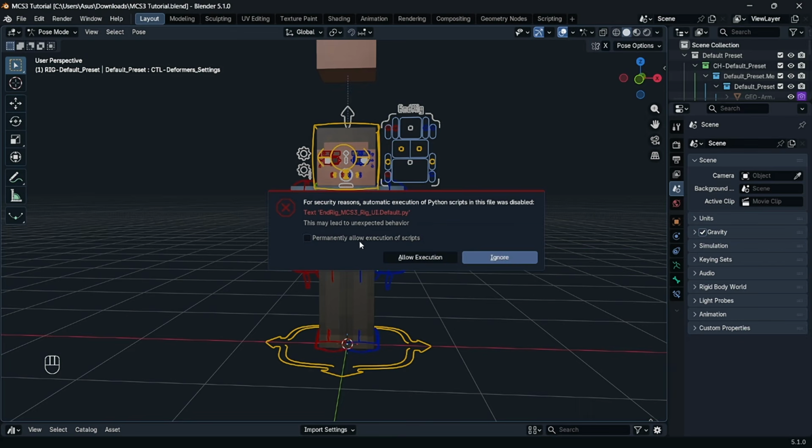Now, there is an option that says permanently allow execution of scripts. This is a little dangerous to use because if you have downloaded a blend file from the internet, but it has a script file that you are unaware of, it can automatically just run the script and it could have malicious code in and it could actually damage your computer. So be careful with